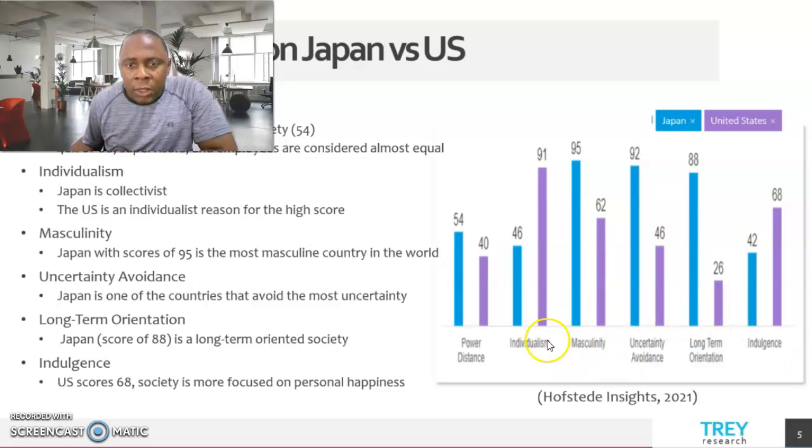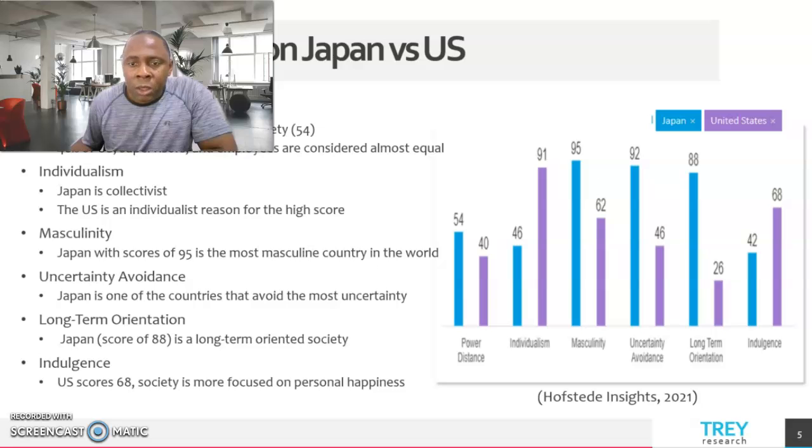For the masculinity, the fundamental issue here is what motivates people, wanting to be the best. If you look at Japan, it's a high score of 95 and is one of the most masculine countries in the world. The Japanese are very proud of what they do and work hard. The American will come with a 62 and beat the Japanese. We all know the work hard, play hard expression.